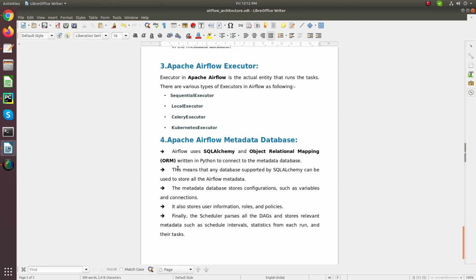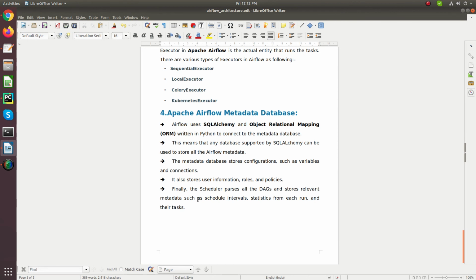Airflow provides SQLite as a default database, or we can use Postgres and MySQL. It is also used to store the user information, roles and policies. In the Apache Airflow metadata database, we store the information related to the execution of DAGs and tasks.